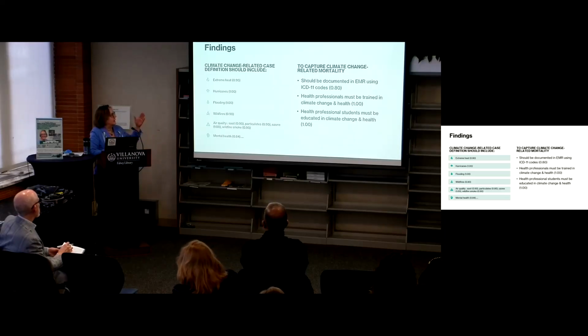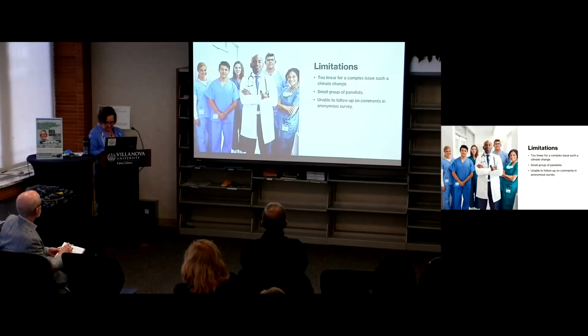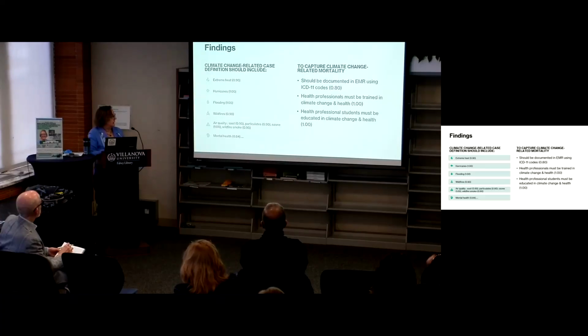And so we got the things that are important that should be included in the case definition of a climate change related mortality: extreme heat, hurricanes, flooding, wildfires, and then we started off with air quality, and they asked us to break it down. So we broke it out into the types of things, such as soot, particulates, ozone, and wildfires. And in the